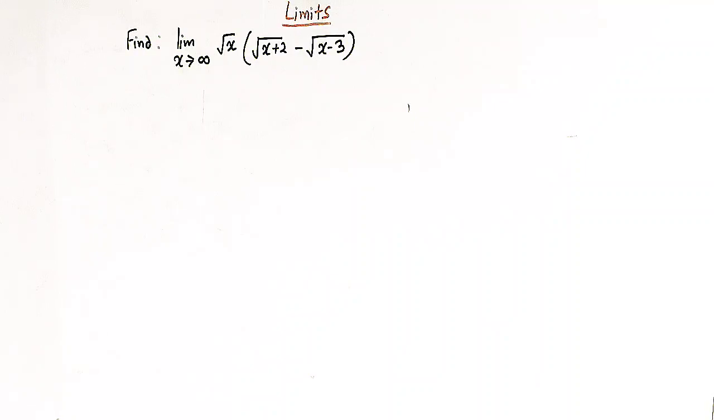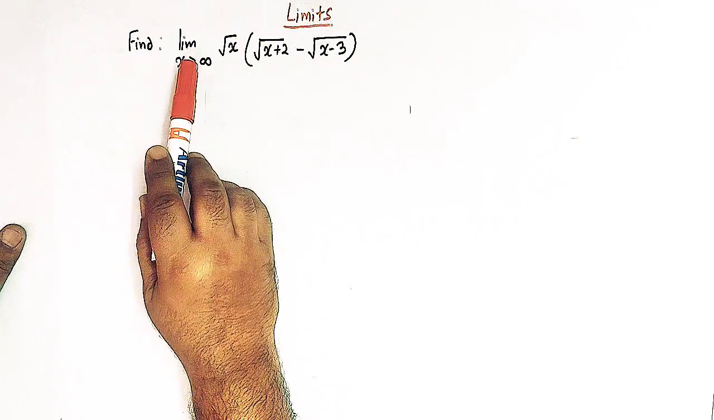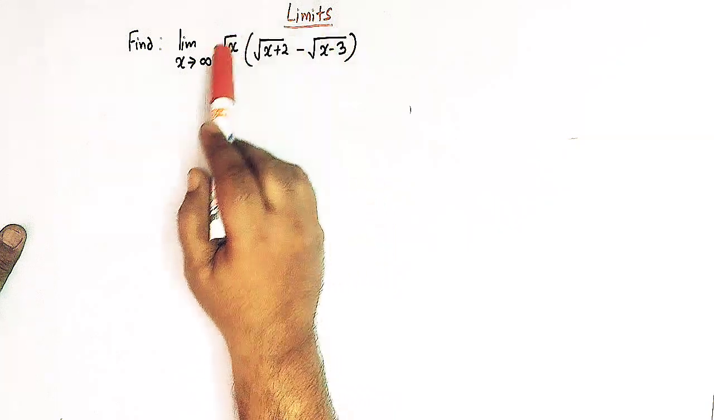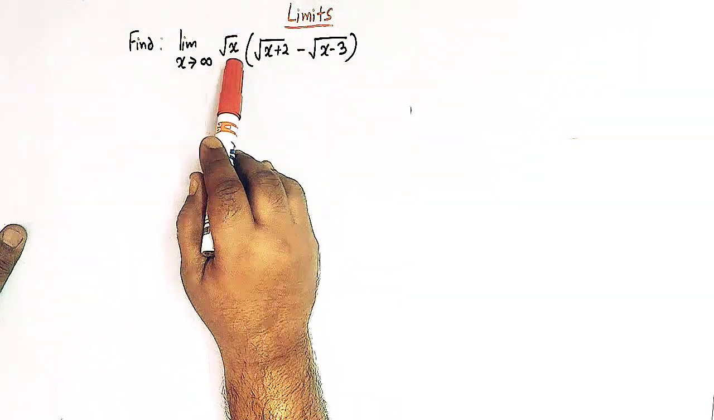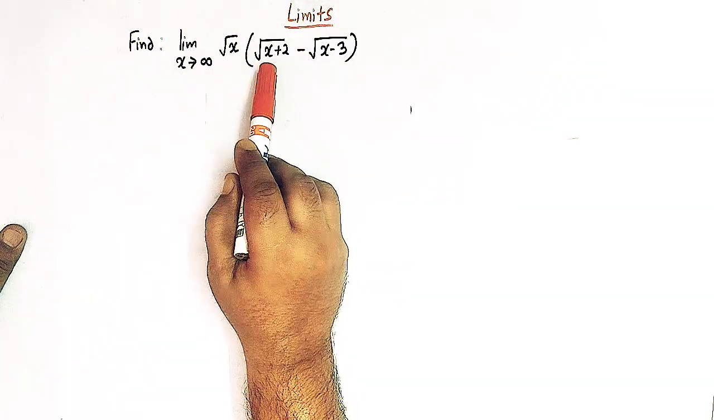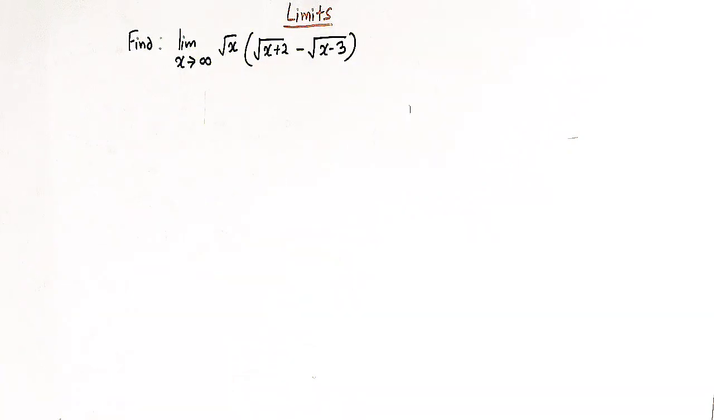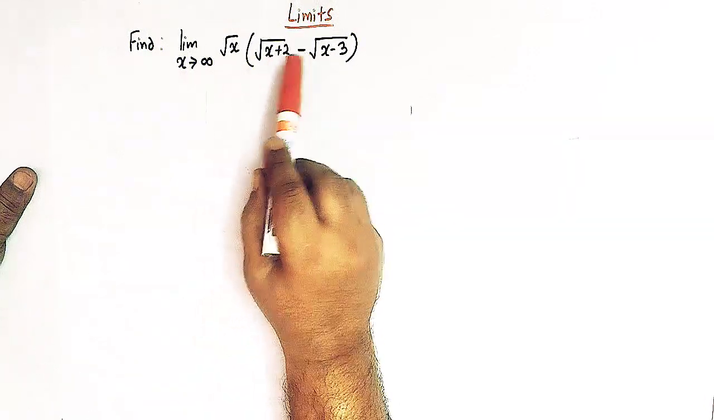Hello viewers, in today's session we are going to discuss an important problem from limits. Here we have to find the value of this limit: limit x tends to infinity of the function square root of x times (square root of x plus 2 minus square root of x minus 3). To solve these kinds of limits, we'll try to use the method